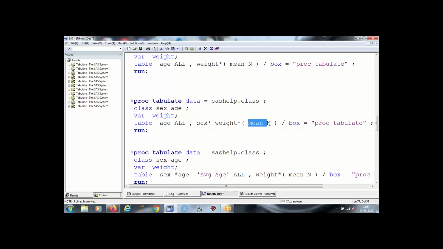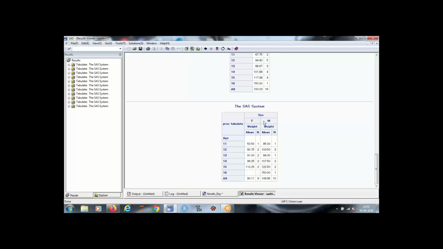My data is classified first into female and male, and then statistics for the weight are calculated for different categories, for female, for male, and it is further divided by your age. Do you see there is no data point over here because there is no one in female who has age 16.